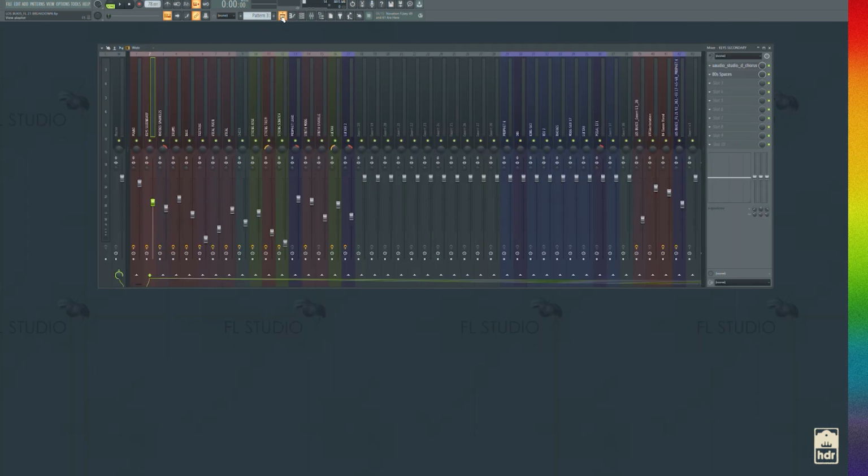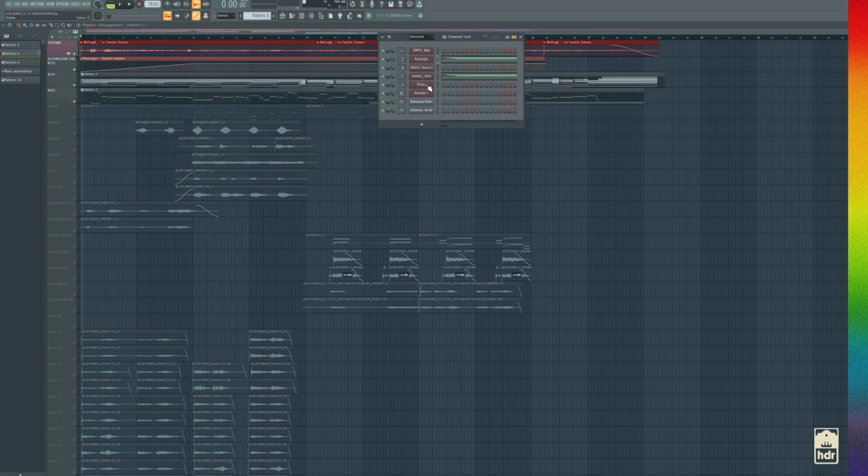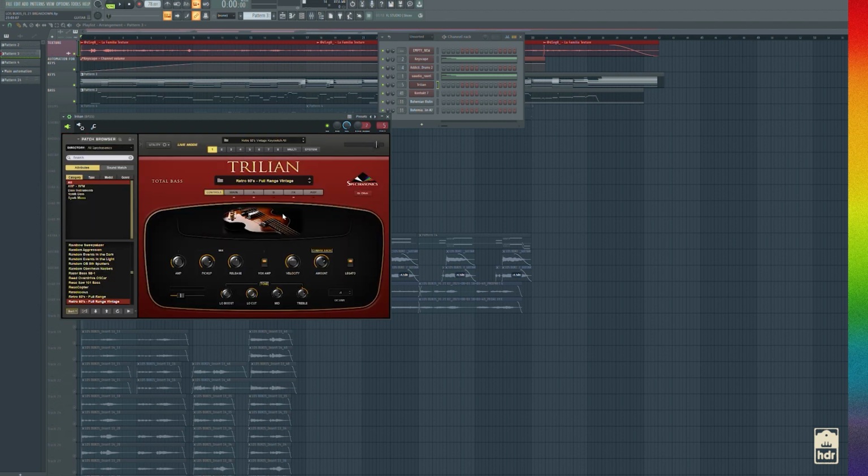So I kind of had that groove going with the piano and the noise, and then I decided to add a bass. And for bass, I don't really play bass live, so I either use Contact, Rickenbacker, or I go for the Trillion. And Trillion for me is a little bit better than the Contact stuff because of all the different articulations and the key switches that you can use. And there's a ton more presets, a lot more flexibility with shaping your bass sound.